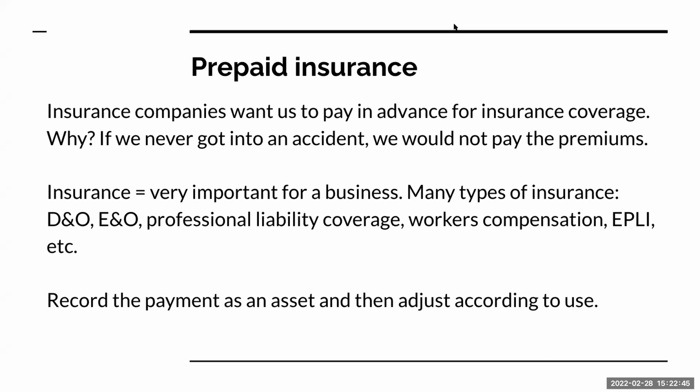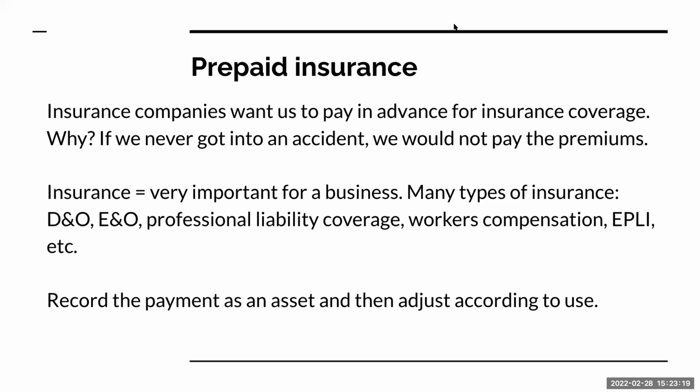There are many different types of insurance out there. Very, very important. D&O, right? That's not body odor, that's directors and officers insurance. If a corporation is sued, they're going to sue the officers and directors. Errors and omissions: we're negligent in the way we're performing our duties. Product liability: if my product's defective and I get sued by an attorney or by a plaintiff, that's going to be a problem.